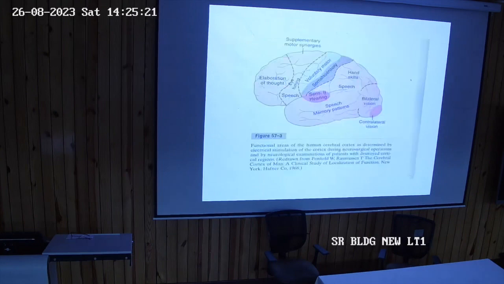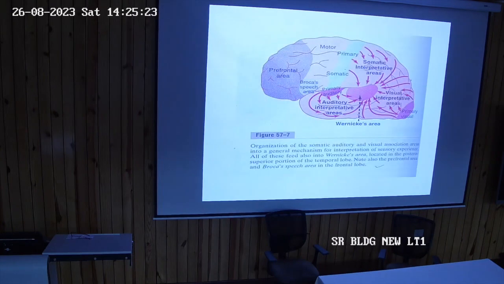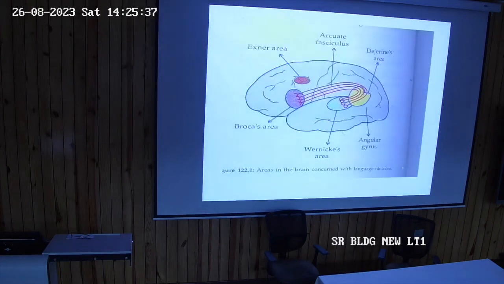Now we'll see the chain. This is the graphical flowchart type of representation. Primary auditory areas, auditory interpretive area, visual interpretive areas, somatic interpretive areas, and they are going again into the... So this is the arcuate fasciculus, which is responsible for sending information from the sensory zone to the motor zone of